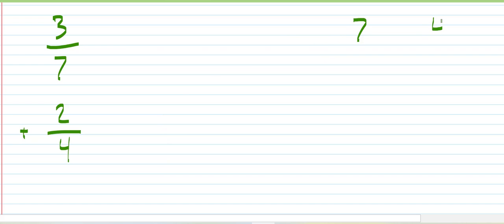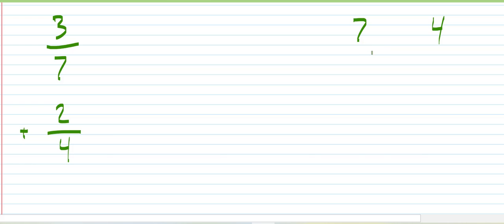So let's take something that's just a little bit more difficult. Let's say we have 3/7, and we want to add that to 2/4. Well, once again, we're going to look for multiples of 7 and multiples of 4 until we get to